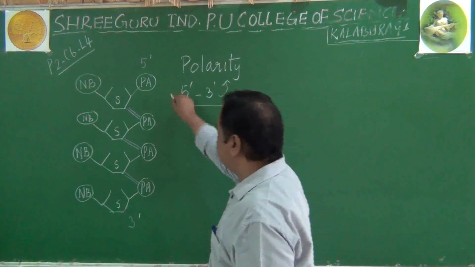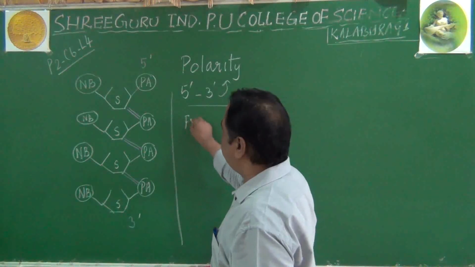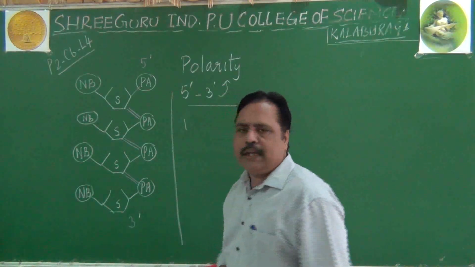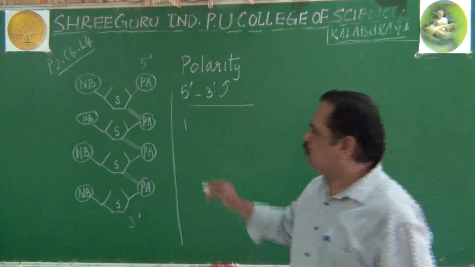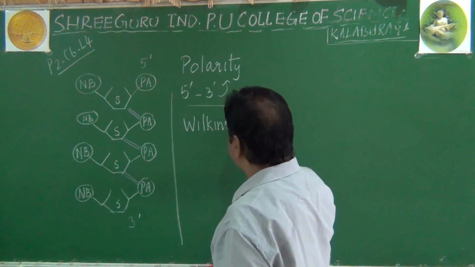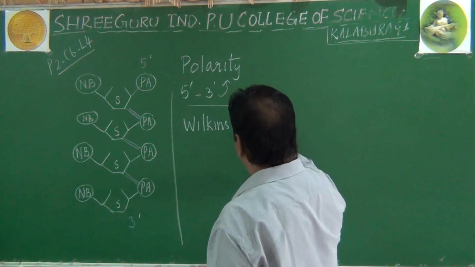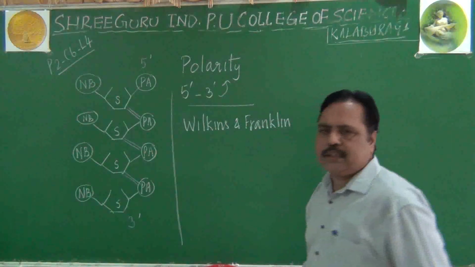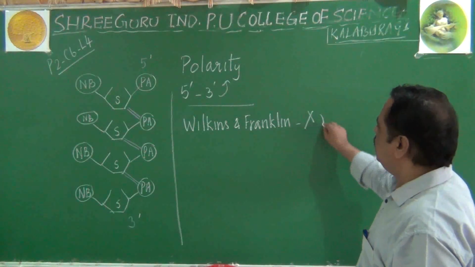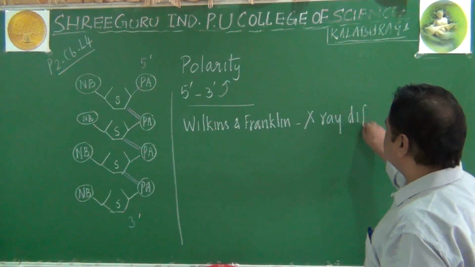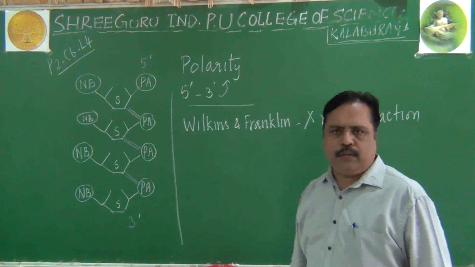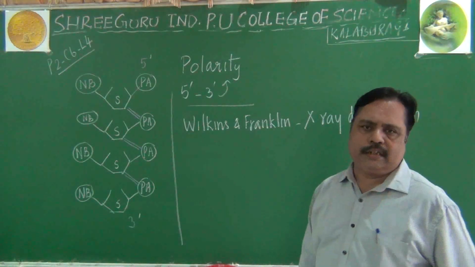One of them is Franklin, you may remember, Wilkins and Franklin, Rosalind Franklin and Wilkins. So, these two scientists, Wilkins and Franklin, did an X-ray diffraction study over the DNA molecule. What experiment did they do? They did an X-ray diffraction study. Based on the X-ray diffraction study on the DNA molecule, they proposed two ideas, or two